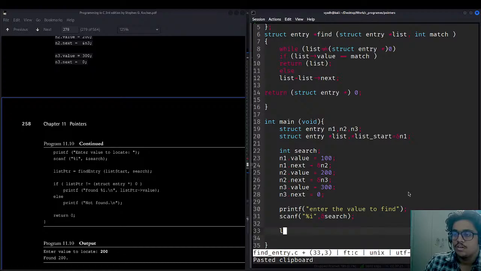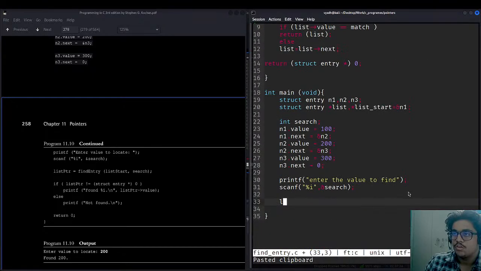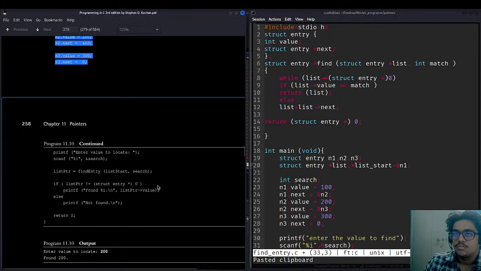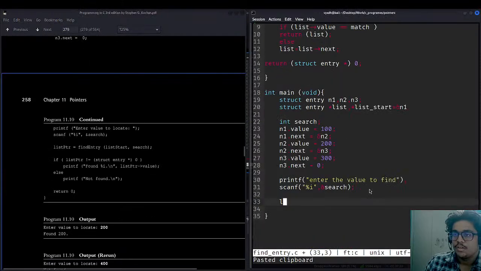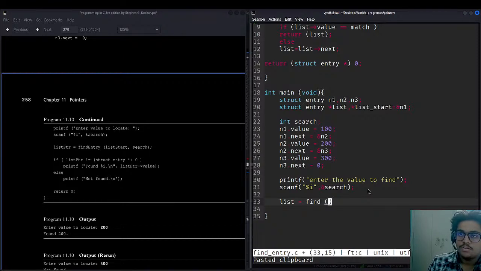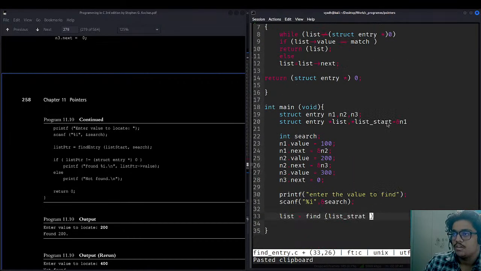Now we will call that function, and the result will be stored in the list pointer. It is storing list pointer inside this find entry. So list, and we'll be storing find. First is the list, that is where it is starting, list start.